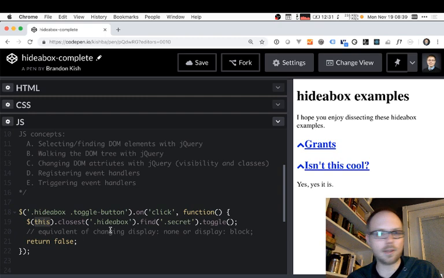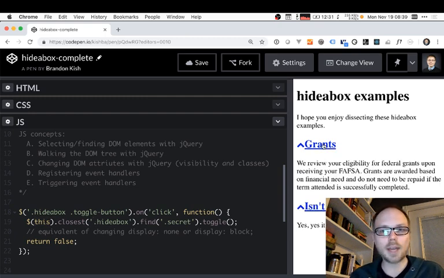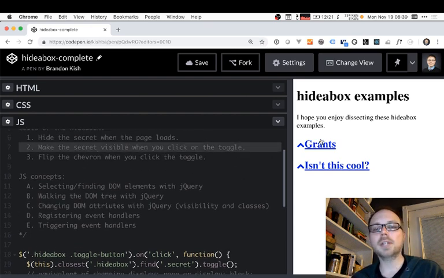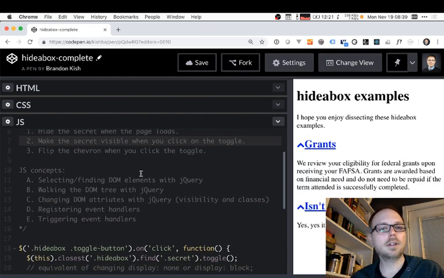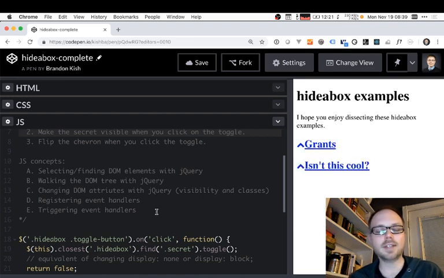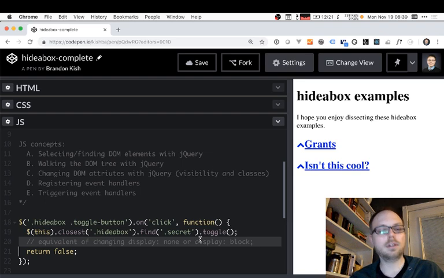All right, it sounds like that answered your question, I hope. So yeah, now we've got the hide box pretty much working, right? Well, we've got the secret becoming visible and hidden. Unfortunately, that chevron stays the same. So let's see if we can